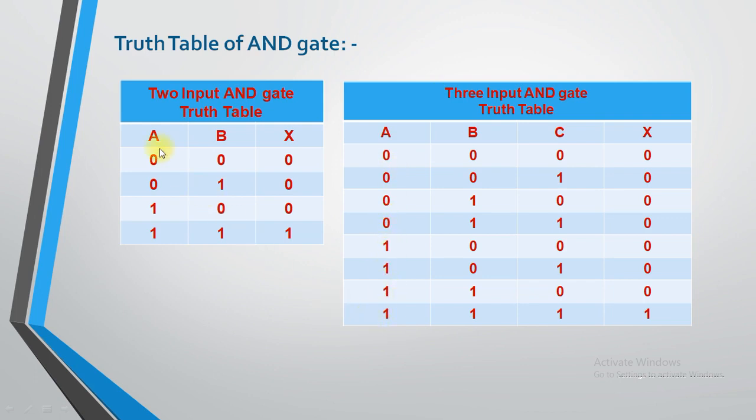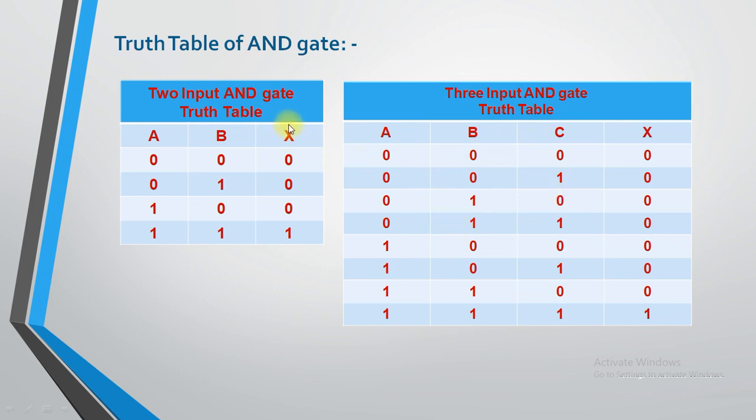Right? So first of all, how to write the combination of input variables like A and B. For 2 inputs the combinations are 0, 1, 0, 1 and 0, 0, 1, 1. When there is a 3 input AND gate, at that time you need to write 0, 1, 0, 1, 0, 1 in the last column, 0, 0, 1, 1, 0, 0, 1, 1 in the second last column, and 4 zeros, 4 ones in the previous column. In this way you need to write.